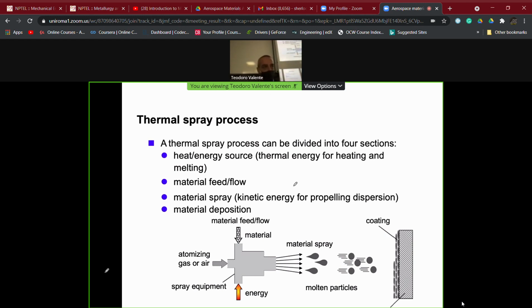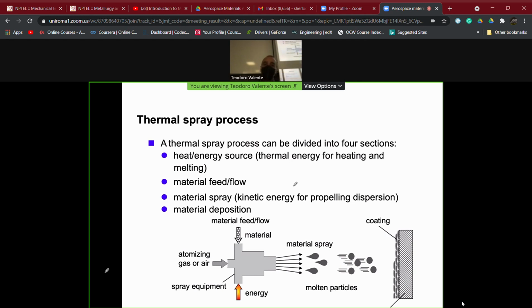We will discuss which are the most important controlling parameters in terms of quality of the coatings, but the basic procedure is quite simple to understand, because we do have in a thermal